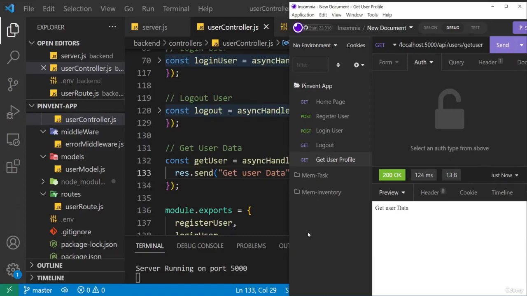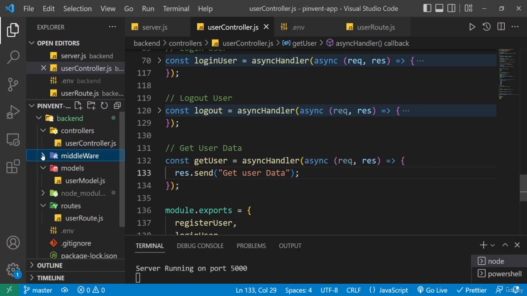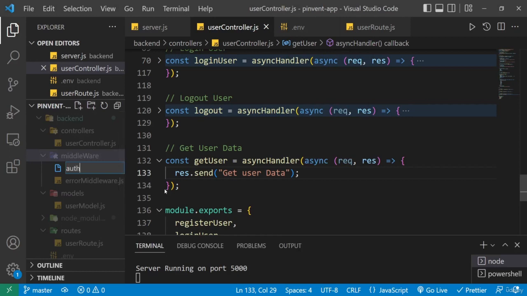All right, so now let's create a function that can protect certain routes in the back end. And this one's going to be quite fast. We're going to create a function inside the middleware folder because we want to be able to use it in different parts of our application. So create a new file and I'll call it auth